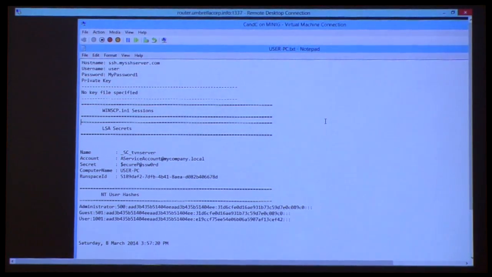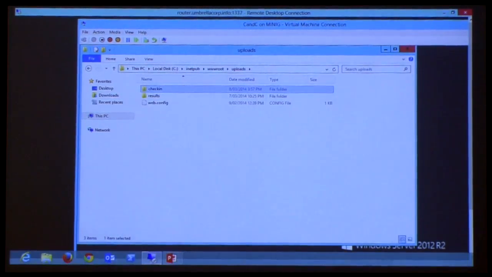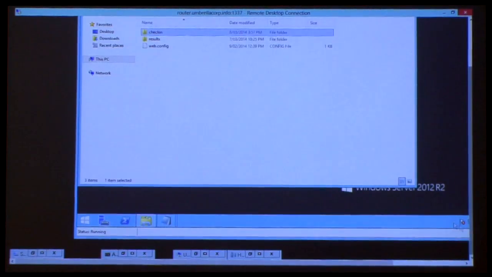Now that we've got the LSA secrets, we've got a username and a password for the domain. And we already know that's a member of domain admins. That's pretty much obvious what's going to happen from here on out. But we'll do it anyway. So I'm just going to close this down. So what I want to do now is